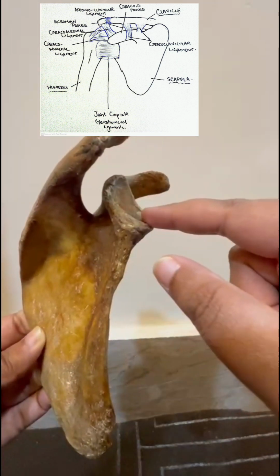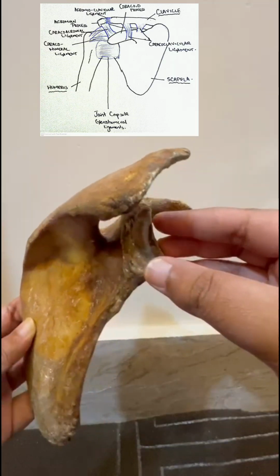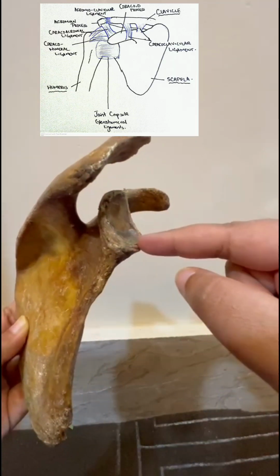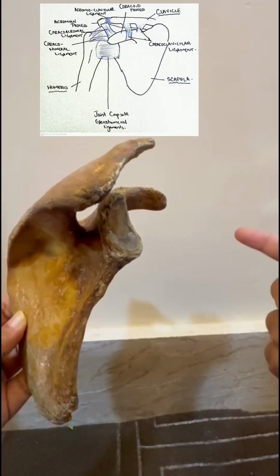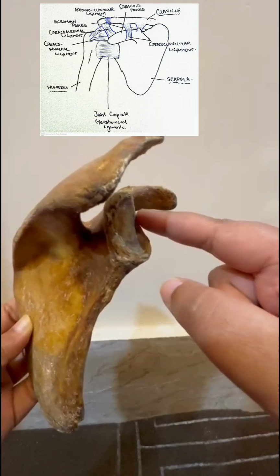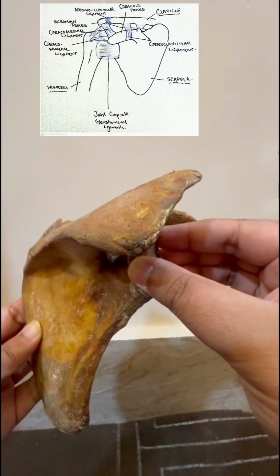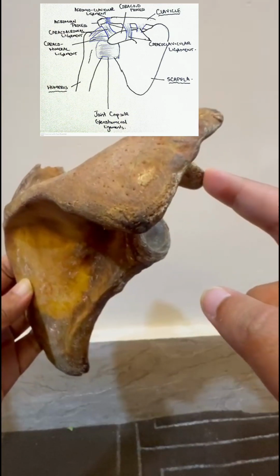Similarly, this glenoid cavity participates in the formation of shoulder joint with the head of the humerus. So the margins of the glenoid cavity provide attachment to the capsule of the scapulohumeral joint or the shoulder joint, as well as to the glenoid labrum that deepens the surface of this joint. Secondly, in addition to that, we have certain ligaments that are attached to the coracoid process.